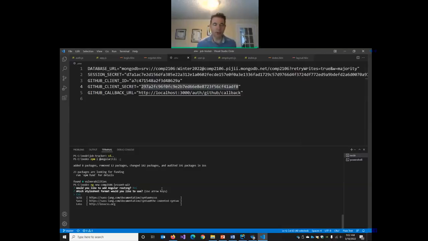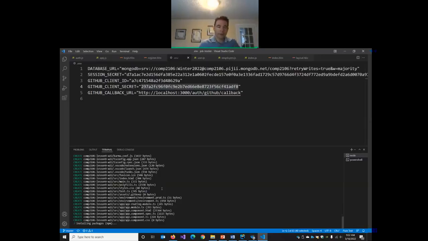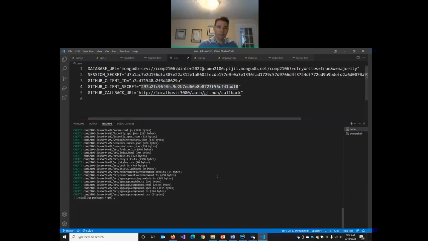And then it asks us to choose our style sheet format, and notice CSS is in blue. That's the default choice. So I'm just going to say plain CSS. I'll just hit the enter key at this prompt where it says, which style sheet format would you like to use? And that's really it. Now the command line interface is going to run. It's going to generate this project with a whole bunch of stuff inside of it. So once this is done running,